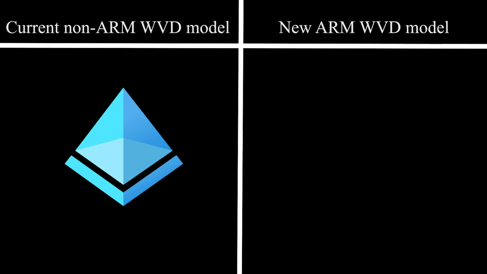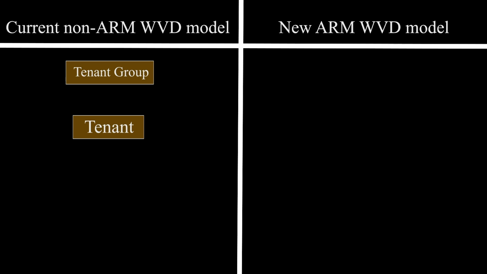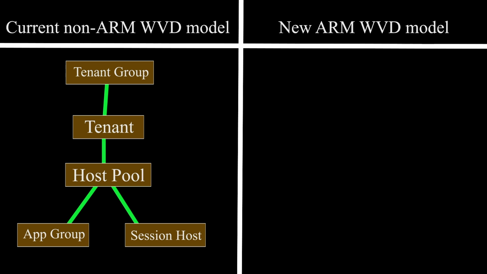If you wanted to deploy WVD in the non-ARM model, what you had to do was first go out to a website and grant consent from an Azure Active Directory global administrator in order to set up WVD running in your environment. You set some other things in Azure AD, and then you had to do a PowerShell command which gave you a tenant, and it also deployed a tenant group. Underneath that tenant, we had our host pools, and under that we had our app groups and session hosts. And this was pretty much a static tree-based hierarchy. And you could also have multiple tenants and basically have multiple independent trees.